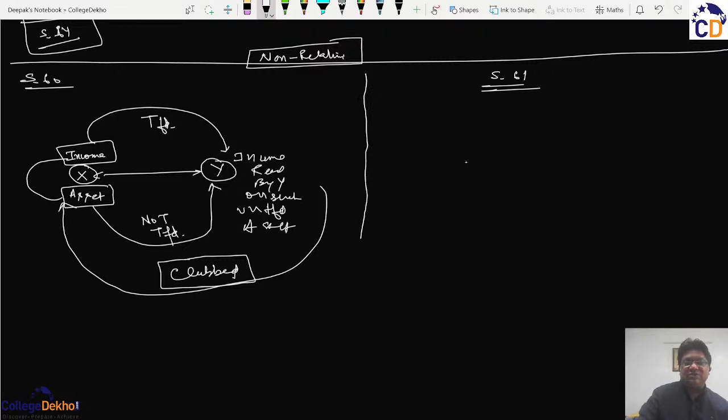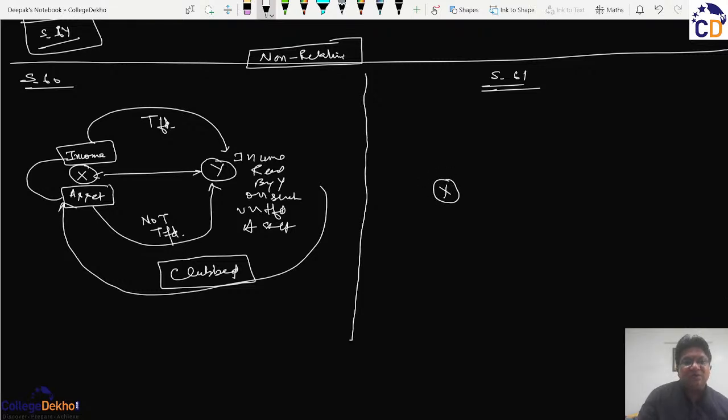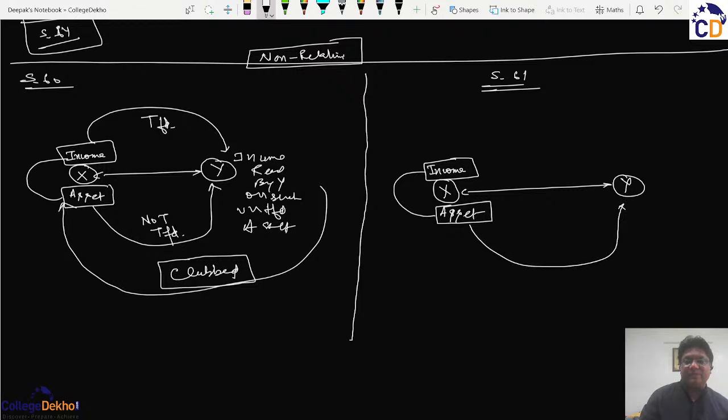And why I have put this section 61 in comparison to section 60 is that on similar lines, if I carry forward a similar example, there is X and there is Y, X owns an asset and such asset generates a kind of income. And what is happening here? That irrespective of whether X or Y is related or not, X has made a transfer of